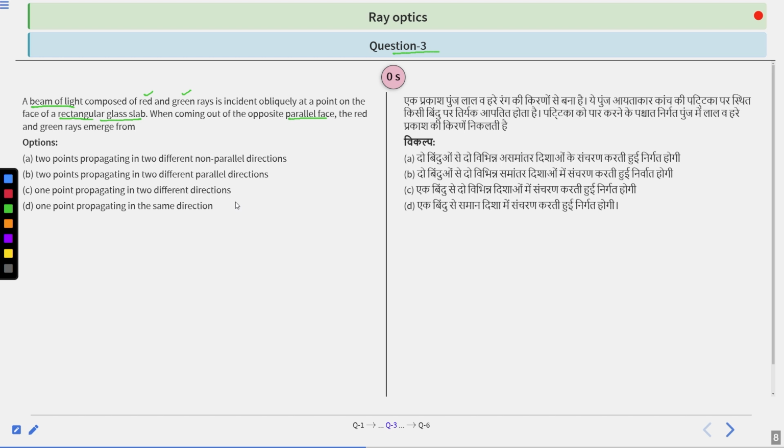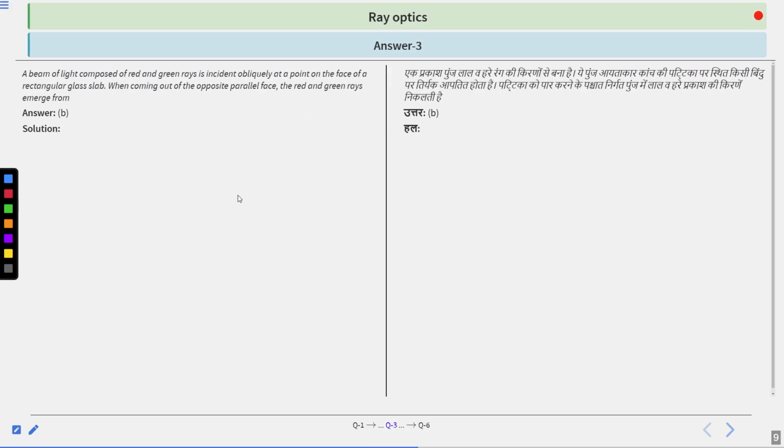Let's find the solution. A beam of light is composed of red and green rays. Listen carefully. The beam of light is composed of red and green rays, and that ray is incident